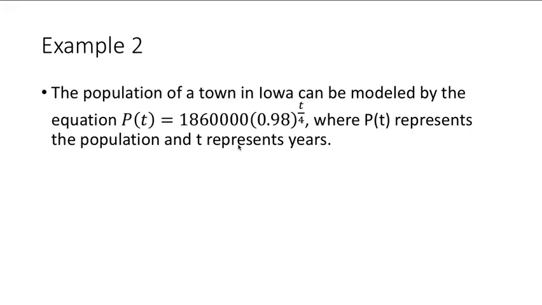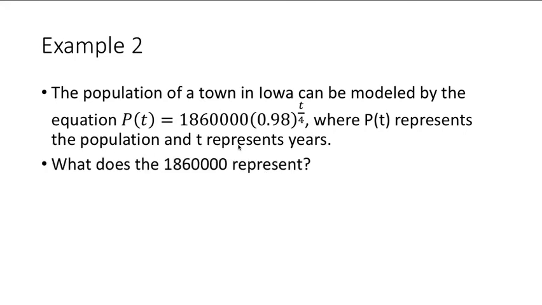The population of a town in Iowa can be modeled by the equation P of t equals 1,860,000 times 0.98 to the t divided by 4, where P of t represents the population and t represents years. So let's interpret the different pieces of this. What does the